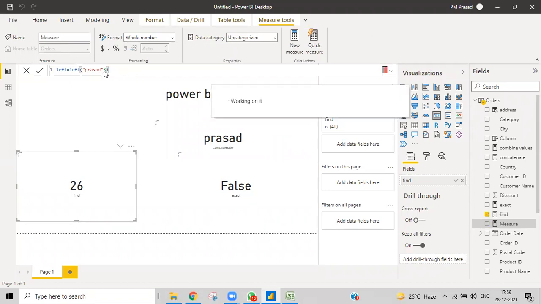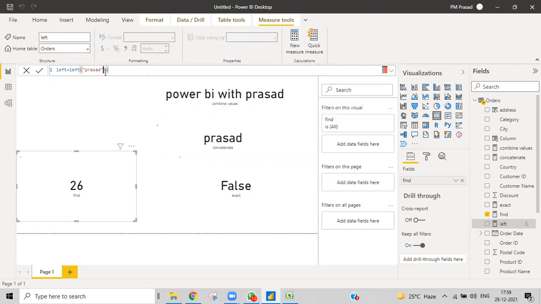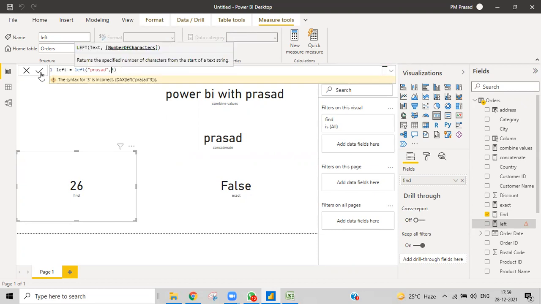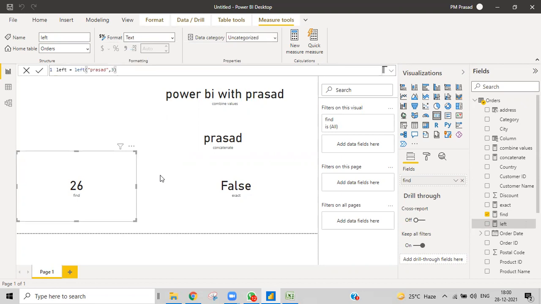Sorry, I gave it wrong. In this, I want to give the left one. So from the left side, you'll get 3 characters.